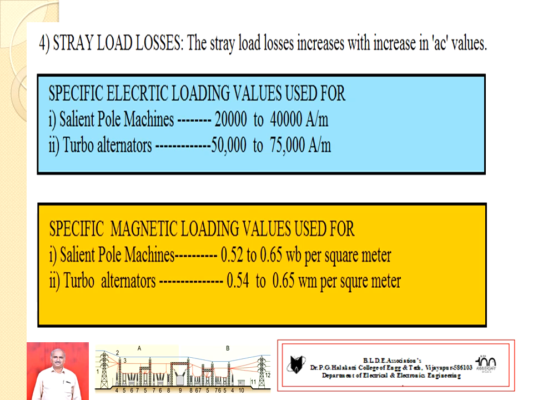For salient pole machines it ranges from 0.52 to 0.65 Webers per meter square. For turbo alternators this value lies between 0.54 and 0.65 Webers per meter square, because sometimes the question may come